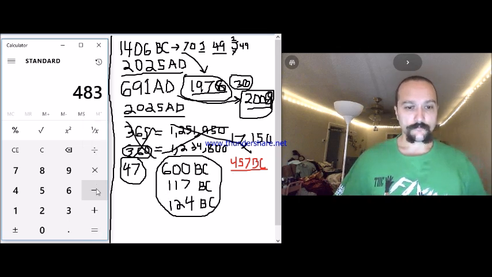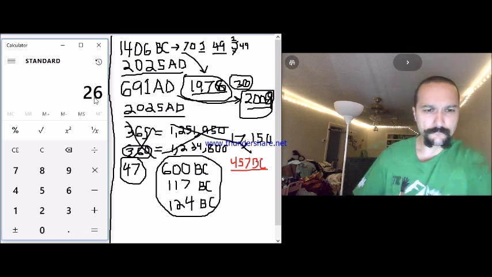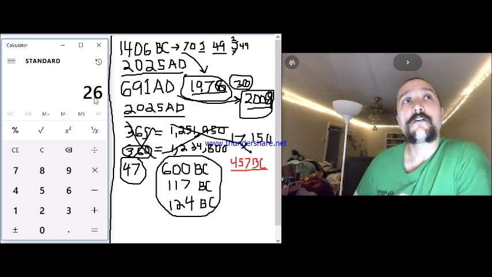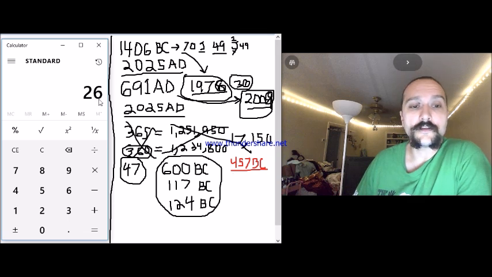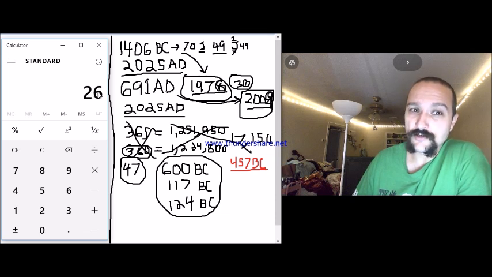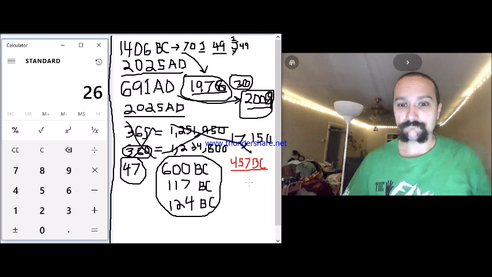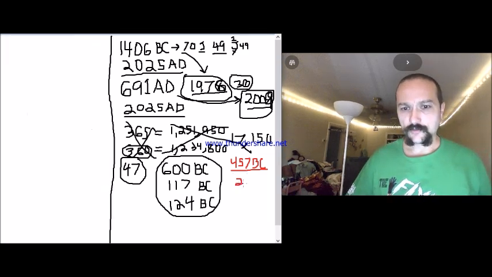So we would take this number minus 457, and then with the BC AD, I'm not sure if I need to change this date because there would be either something added or, yeah. We're just going to go with 26. I'm not sure if I need to add a year or remove a year because of the BC AD change when you flip over. Not sure. So we're going to take a look at that. 26